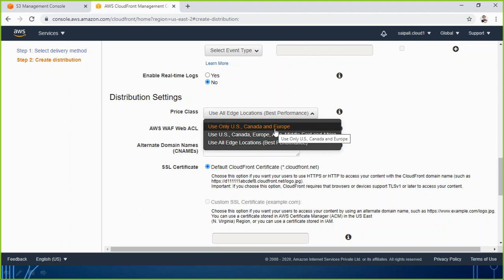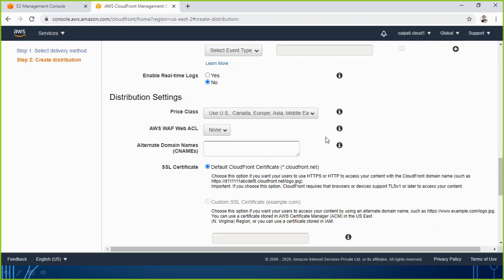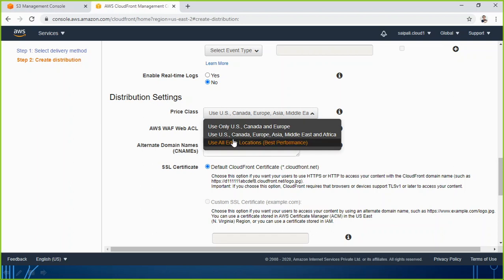If you think the users are from all over the world, from US, Canada, Europe, Asia, Middle East and Africa, then you go with the second option, meaning the cache servers will be created in all these regions. And the third is the best, meaning it will create the CDN all over the place, every region, every continent, and it will give the best performance.